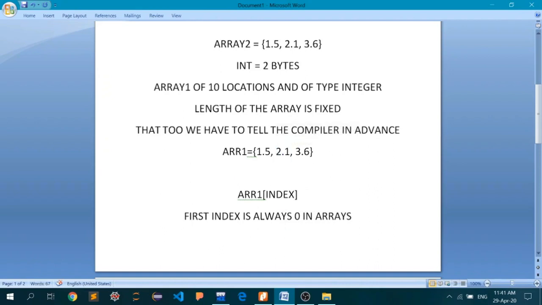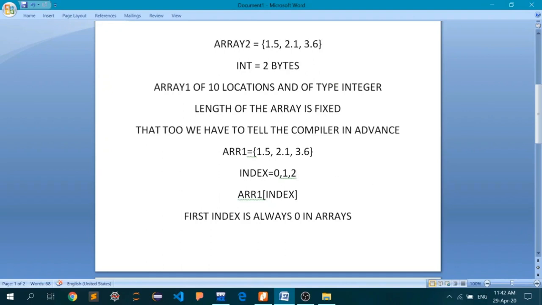It will be something like 0, 1, 2. So this 0 index is for this particular location, the first index is for this location, and the second is for this location. I think you have a brief idea of what I'm trying to convey.